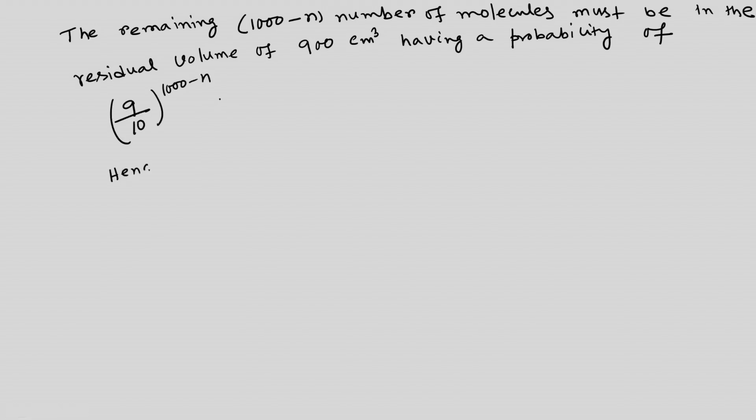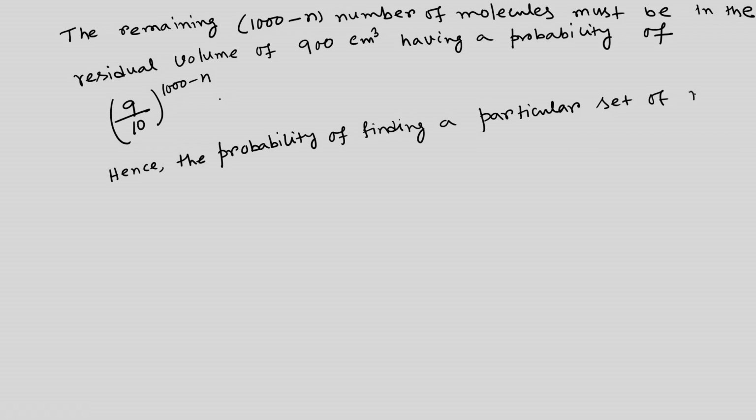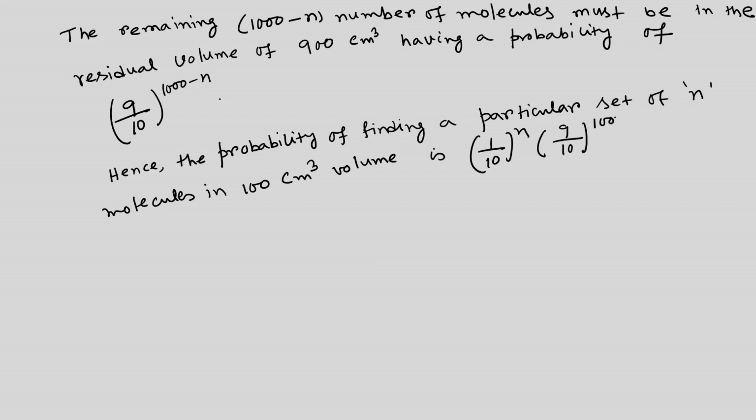Hence, the probability of finding a particular set of n molecules in 100 centimeter to the 3 volume is (1/10) to the n times (9/10) to the 1000 minus n, right. Since we can choose